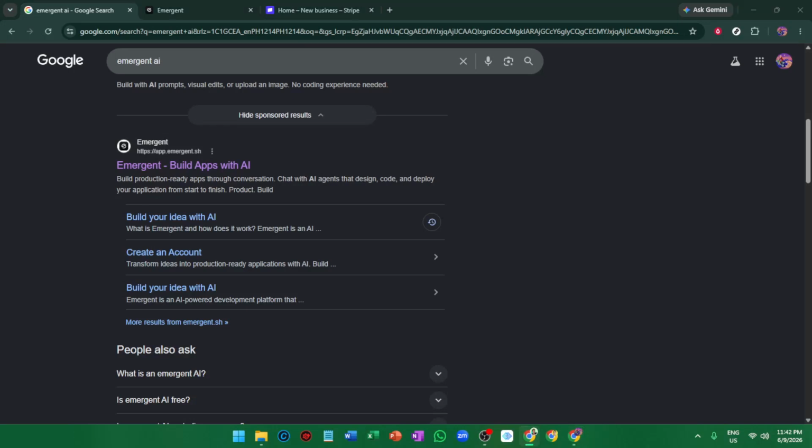In today's video, I'm going to teach you how to connect Stripe to Emergent AI. We'll walk through the setup from inside your Emergent AI project, then connect your Stripe account so you can start handling payments smoothly. This is useful if you want users to unlock premium features, make donations, or access paid functionality